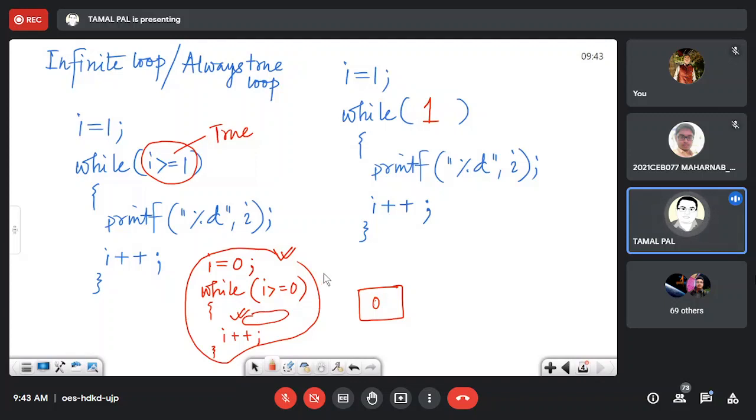This is always true loop. Always true and always false. These things are usually for learning purpose. A loop is used for running some set of instructions for some time, but you should not use such a condition. It will run forever or it will not run altogether. So to learn this type of issues, you have to know infinite loop and always false. But if you think that in some application it is used, I cannot remember other than creating some amount of delay or like that.